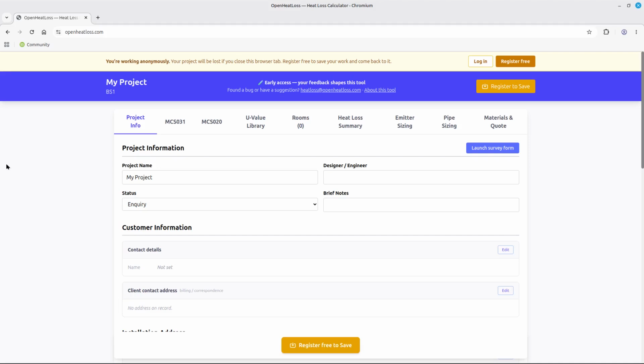Now, why would I do anything like that, you might ask. Well, when I was looking for a tool to help me, I went out into the market to look at heat loss tools that I could subscribe to and use for my business. And each and every one of those, while good in their own right, and I'm not criticizing the developers in any way whatsoever, because every developer has their own view about how to put something together and implement it, none of these really satisfied